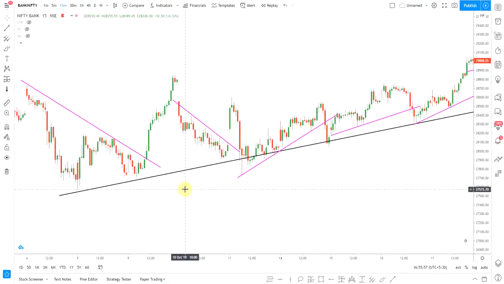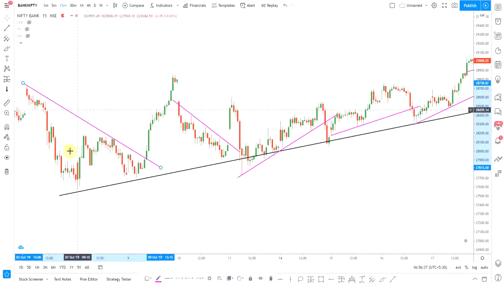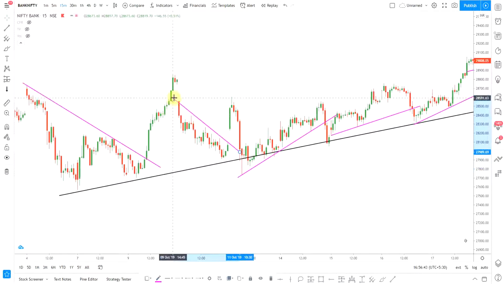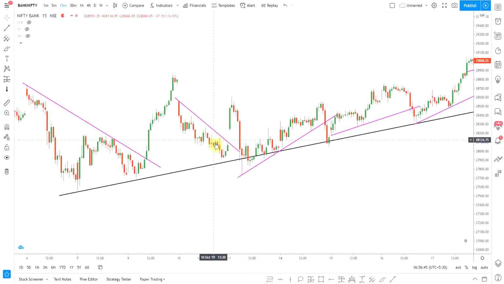So if you want to become a trader who trades breakouts, trend line breakouts, there are 2 things that you need to understand. One, whenever you see a trend line forming and you see the market respecting the trend line more than 3 or 4 times, it is likely that the trend line is about to break. Again, this depends on the time frame that you're using. In this case, we are using the 15 minutes time frame to trade. If you use the same formula for the 5 minutes time frame, you will see that if you draw a trend line on the 5 minutes chart, the trend line will only be respected 3 or 4 times, and on the 5th or 6th time, the trend line will give a breakout.